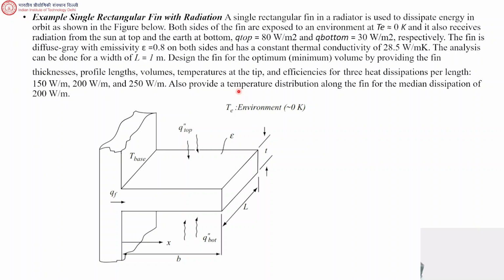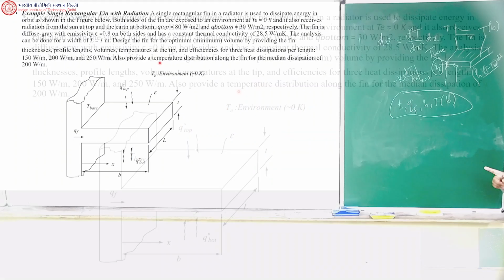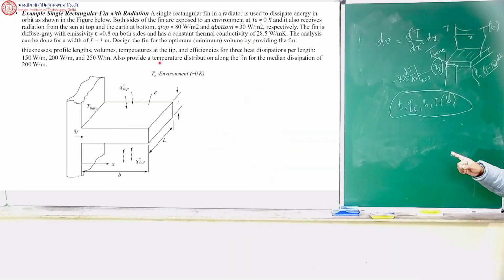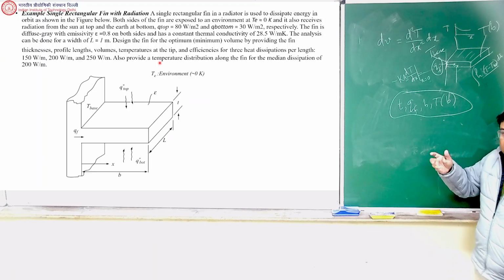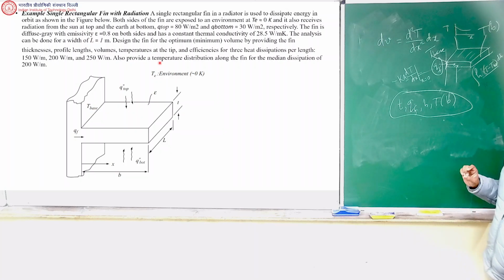So 150 watt per meter. What is that per length? Heat dissipation per unit length. So that is at L dimension. L is taken to be 1 meter. So somebody tells you that, okay, I want 150 watt per meter. So this fin goes to some satellite, and then some amount of heat has to be transferred. Let's say this 150 watt per meter. Now design the fin. That's the challenge, right? So we will work with